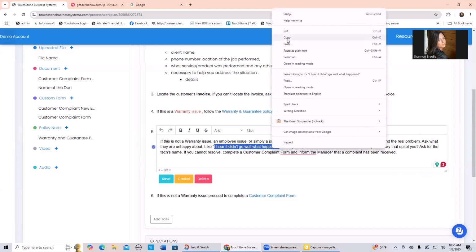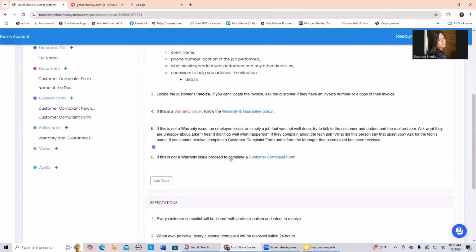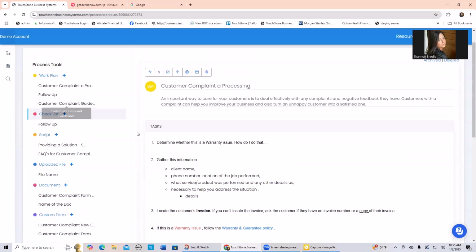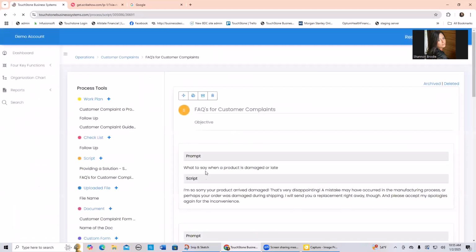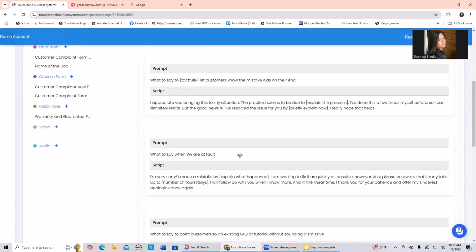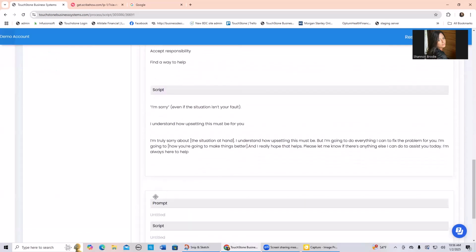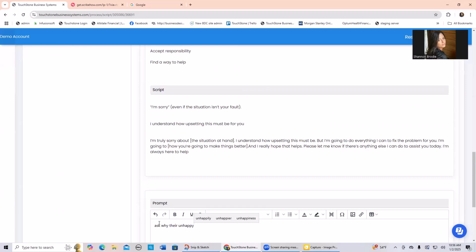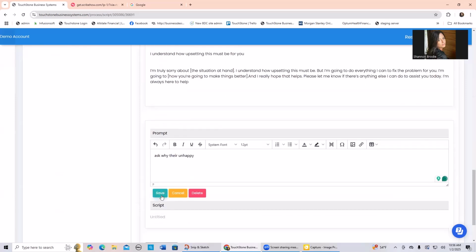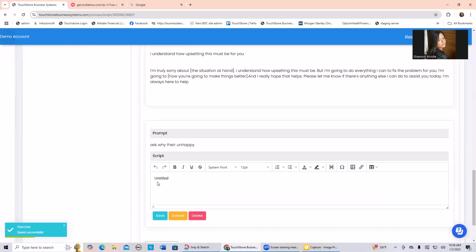So I'd much rather see this be in a script, like over here, an FAQ script. So this is the scripting template. And I could go here and add a script item that says, ask why they're unhappy, right? So that's the question, save. And then here the script is